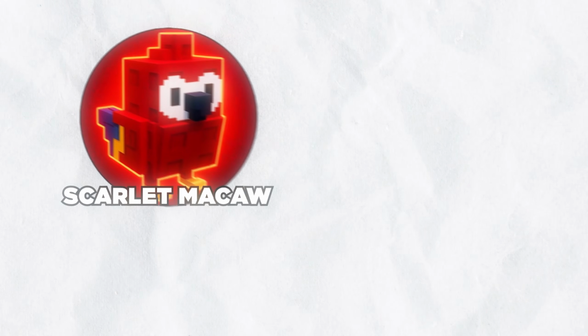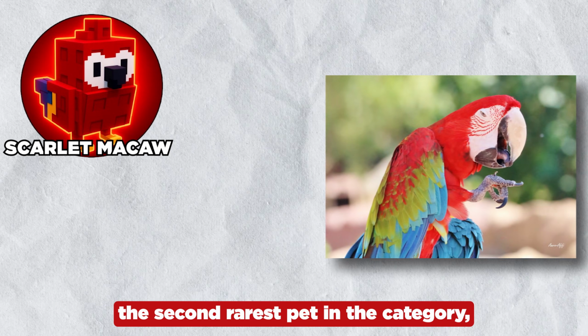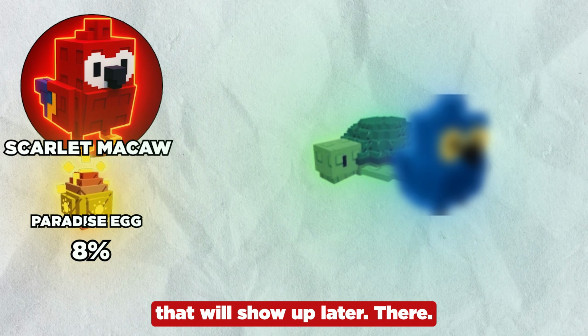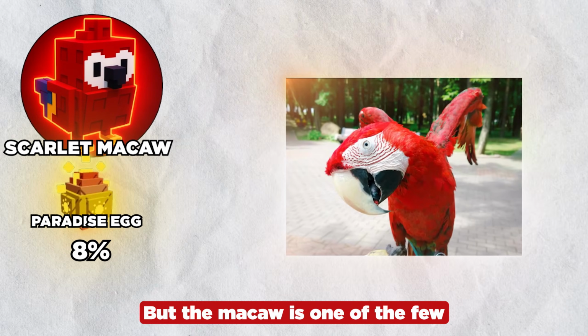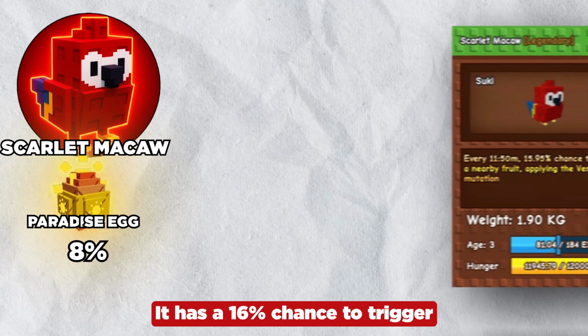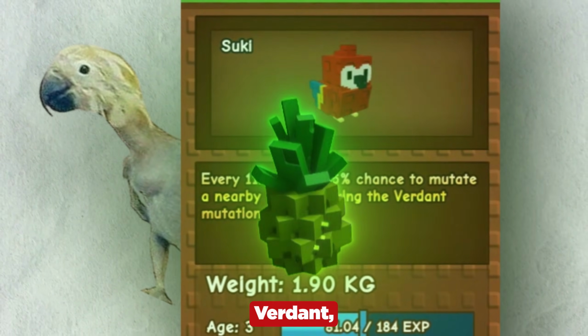Scarlet macaw. This one has a much lower hatch rate at only 8%, making it the second rarest pet in the category. Alongside the turtle and another cousin pet of this macaw that'll show up later, they're the only new pets that apply mutations to plants. But the macaw is one of the few that applies a brand new mutation. Every 12 minutes, it has a 16% chance to trigger one of the new update mutations, Verdant,